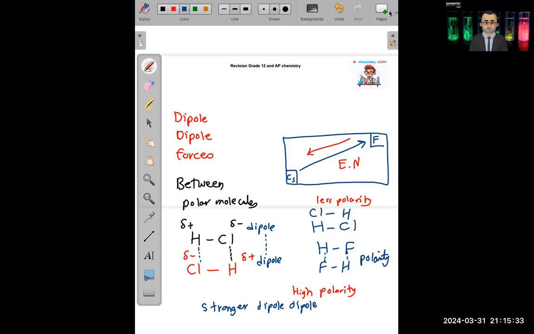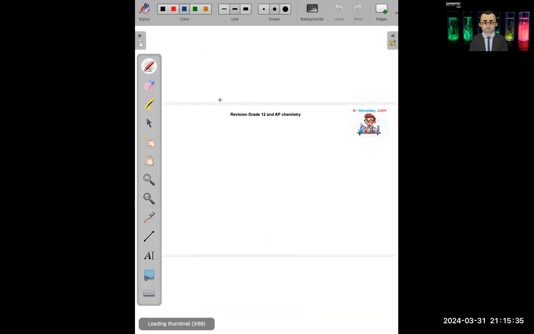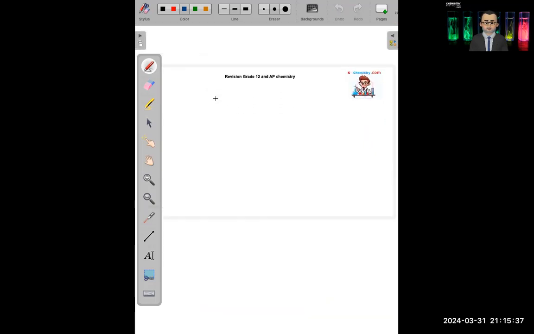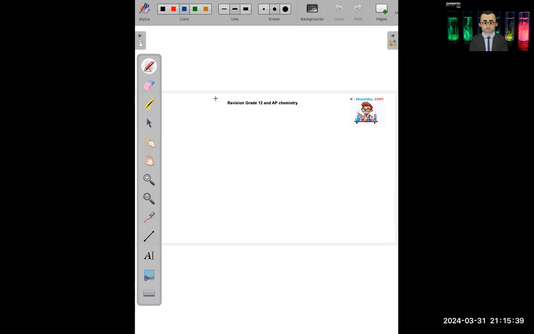Polarity will make a big effect on the melting points and boiling points of substances because it increases the intermolecular forces, increases the interaction between the particles, and causes them to have stronger attraction forces. So it takes more energy and heat to melt them and boil them. The more intermolecular forces you have, the higher the boiling point, and the higher the melting point. Dipole attractions are relatively weak